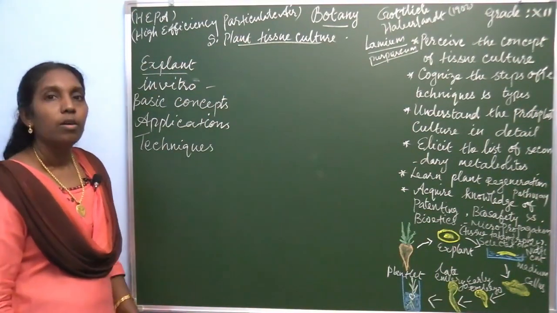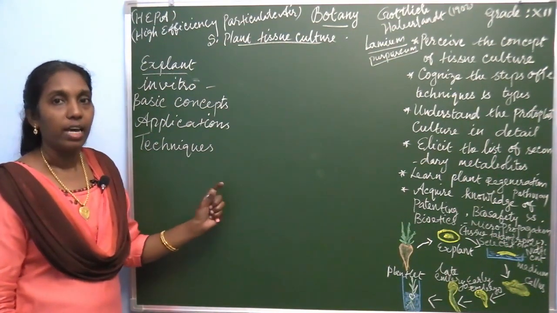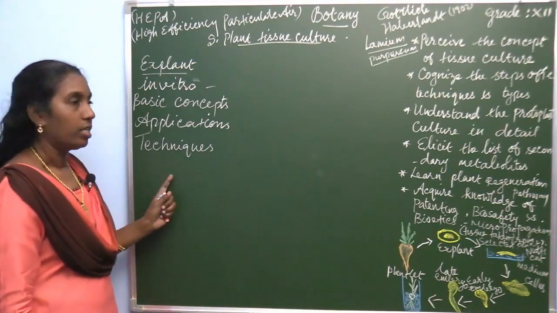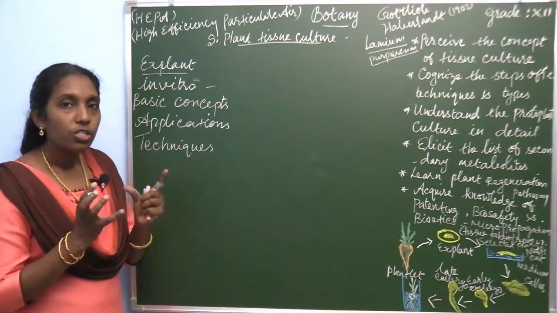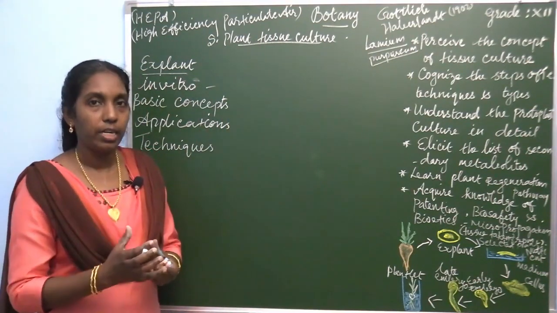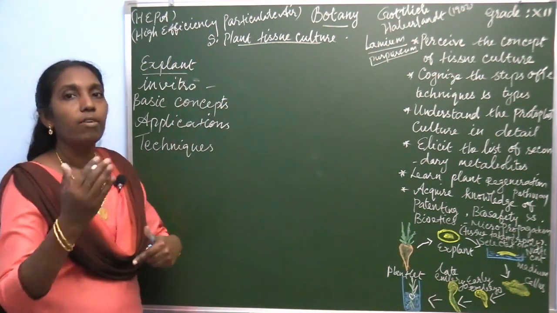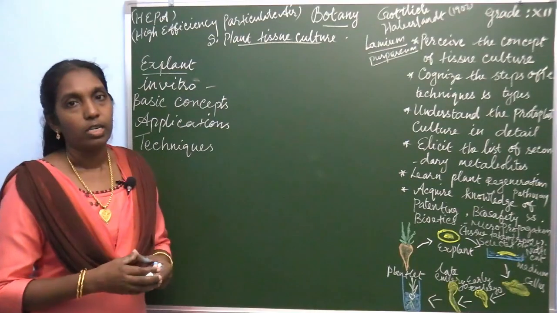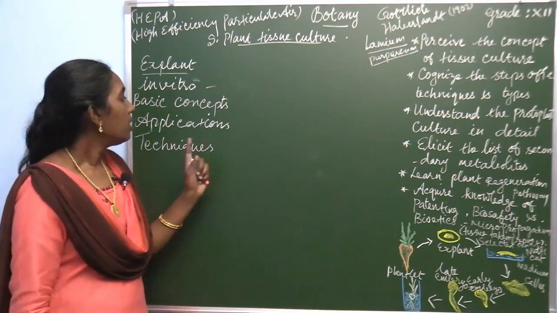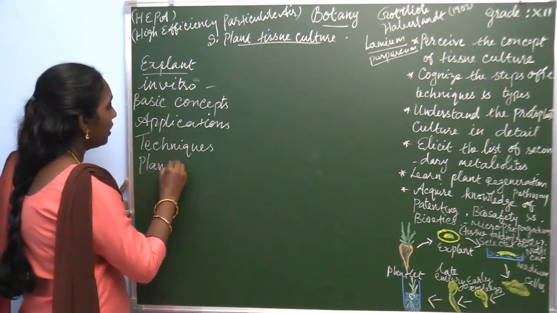It gives commercially important, economical value is important, commercial production of tissue culture plants within a short period. What's the importance of this? Within a short period, within a short space, a single explant develops into thousands of organisms. So commercially it is very important. Also this is used for plant researches,